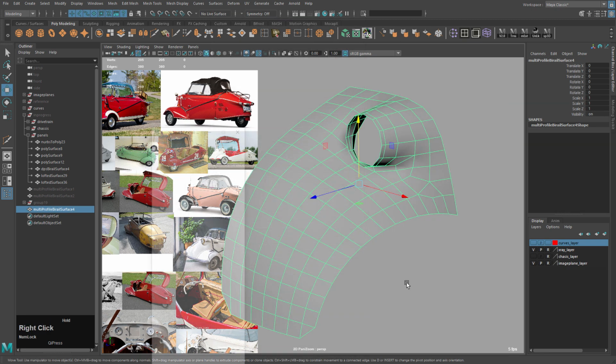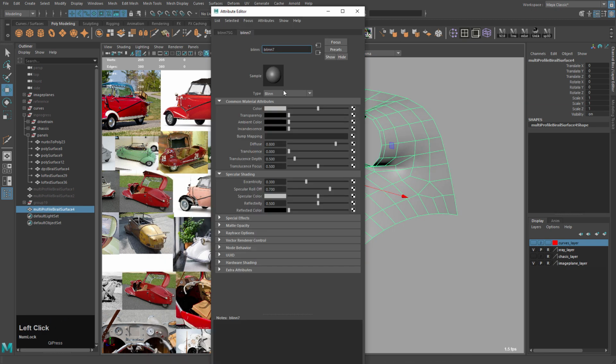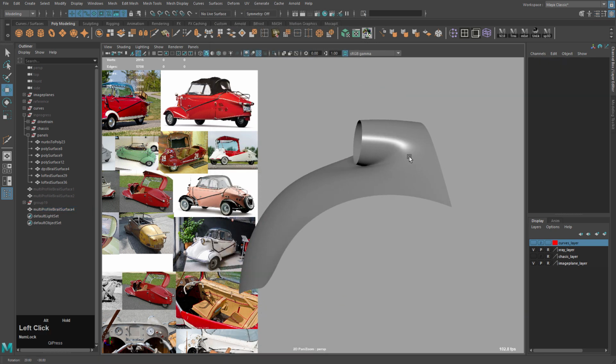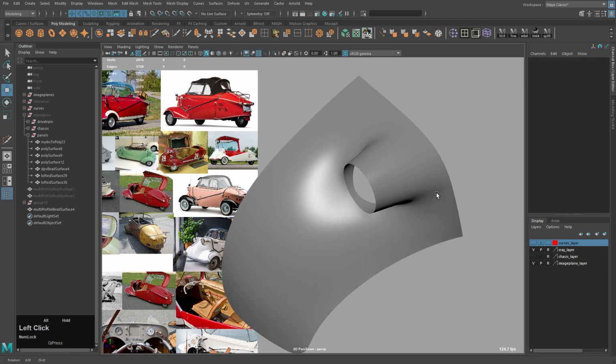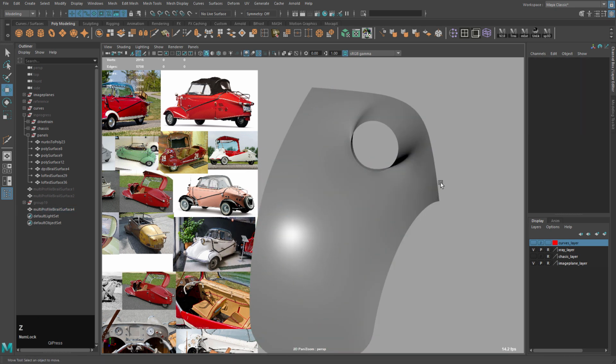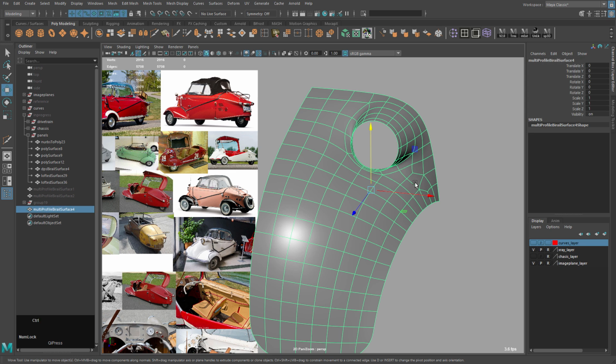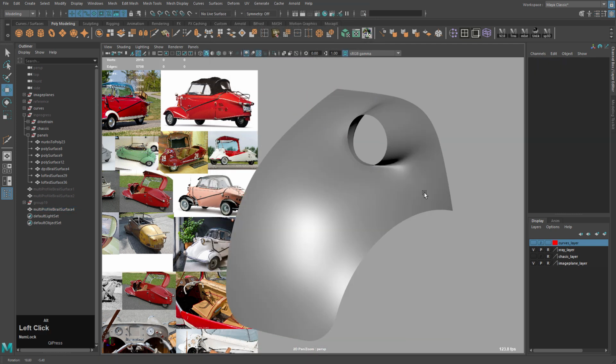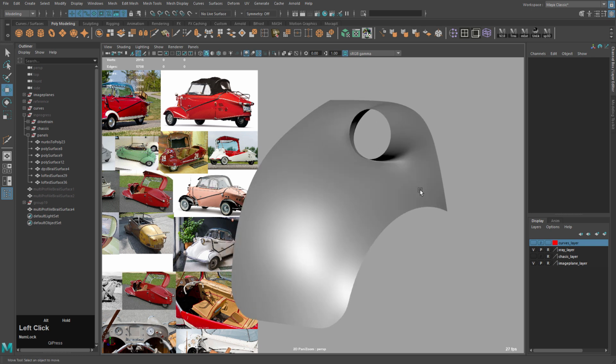So I'm going to assign a new material, blend, and make it a little dark, but increase the spec color and drop the eccentricity a bit. What that's going to do is make it super shiny, so we can see how well the falloff is happening here. So let's actually increase the eccentricity, that way we can see what's happening here.